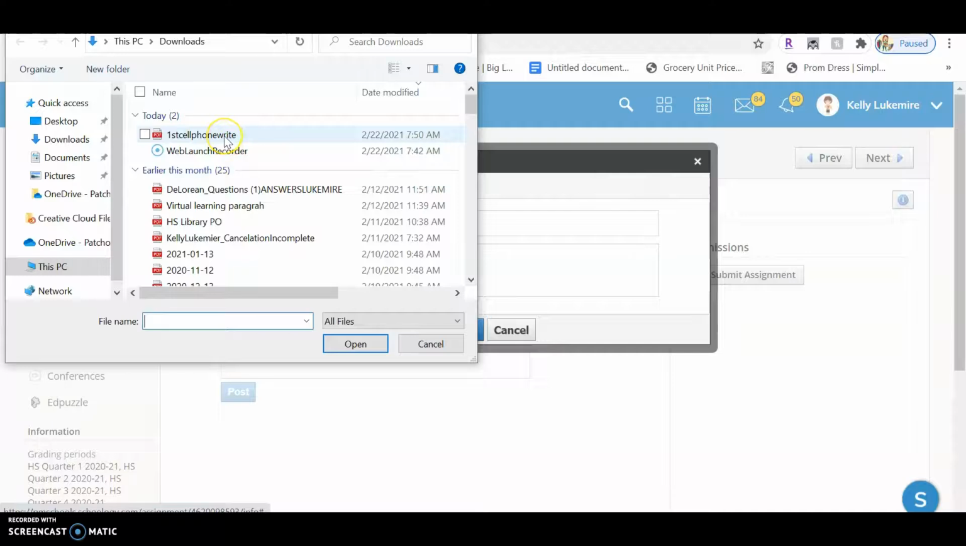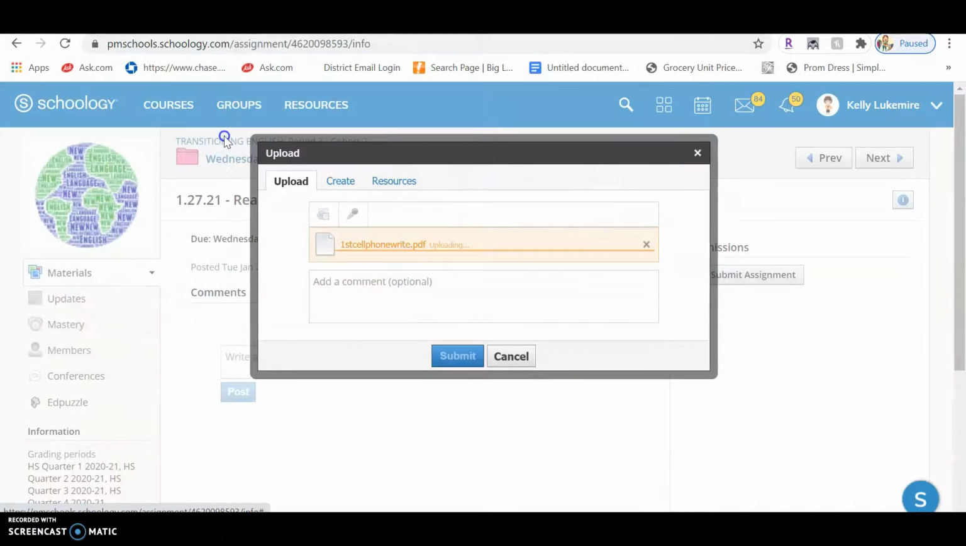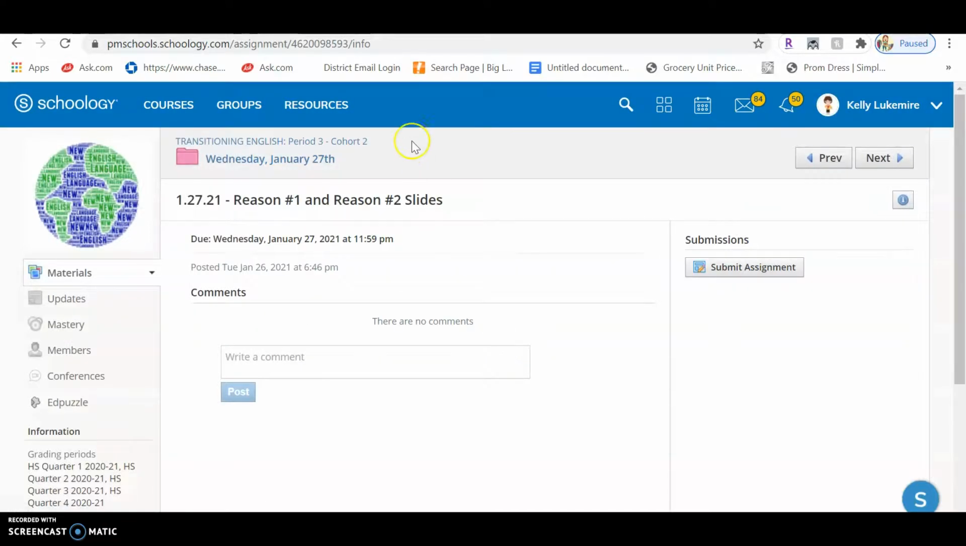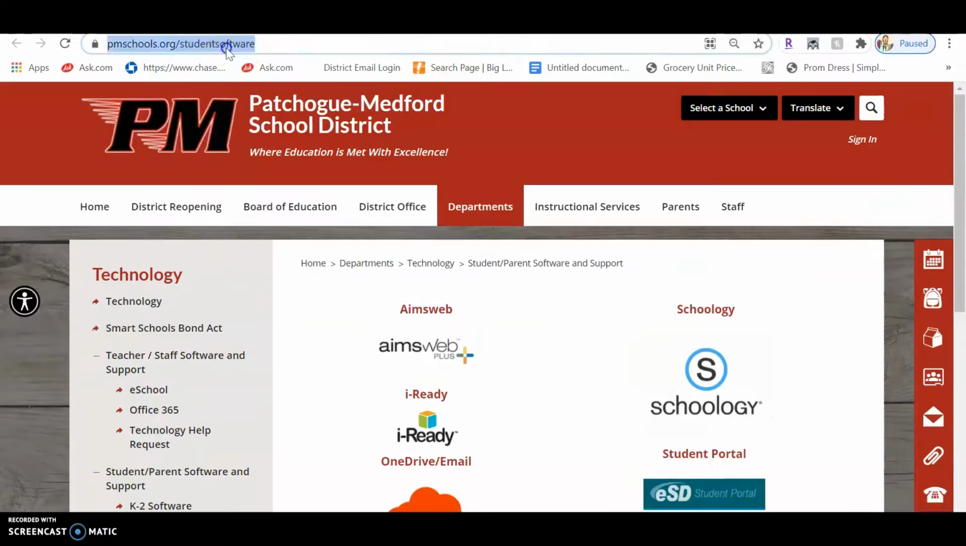And now this is different. This is it. The first cell phone write. That's the correct one. When you submit it, that is going to be the document with your answers that are already filled out. So the other way to access this is to just basically go to Google,